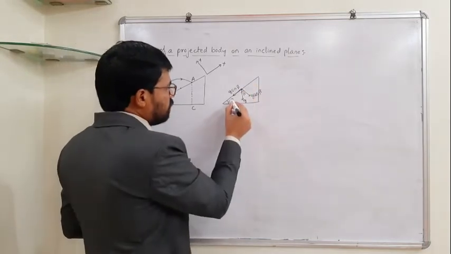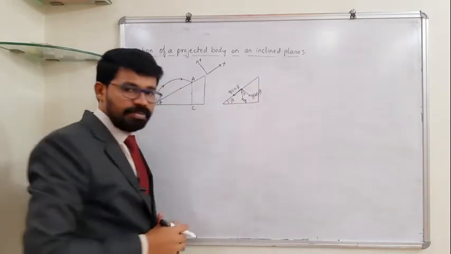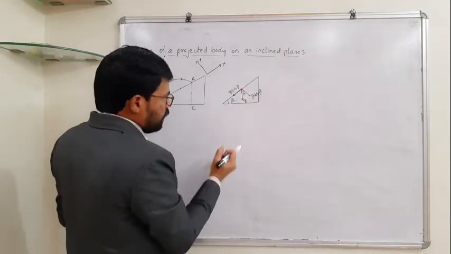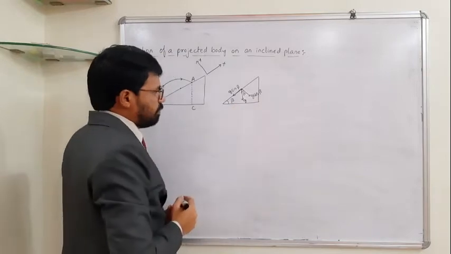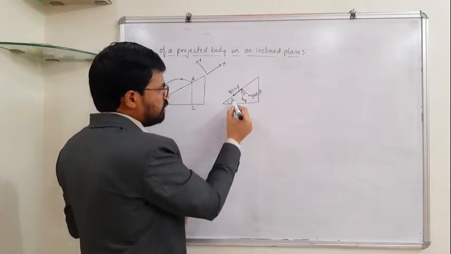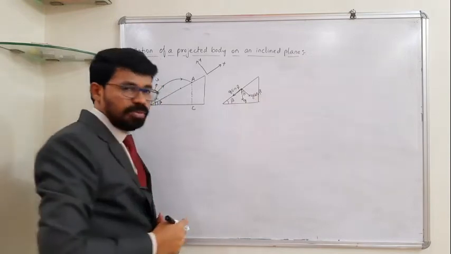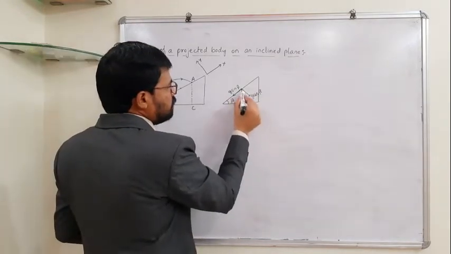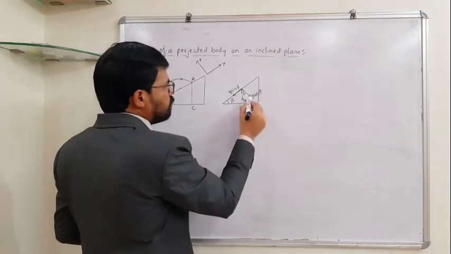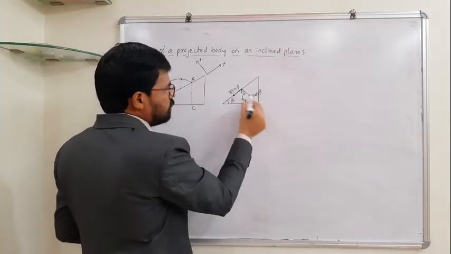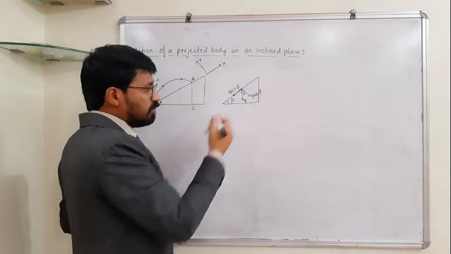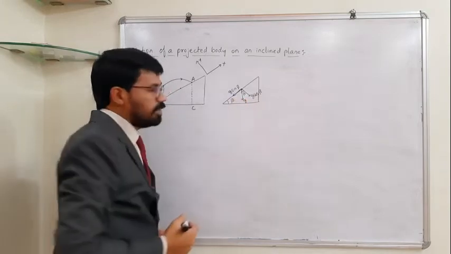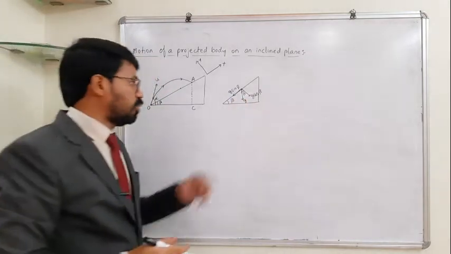The angle of inclination of the plane is beta. Acceleration due to gravity always acts in the downward direction, right? Like this, vertically downward. So from geometry, if this angle is beta, this angle can also be proved to be beta. Now this g is making an angle beta with this direction. So this can be resolved into two components. One is g cos beta along this direction, right? The direction with which it is making the angle, along that direction we will have the cos component. And along this direction, we will have the sine component, g sine beta. This is one point that you should know.